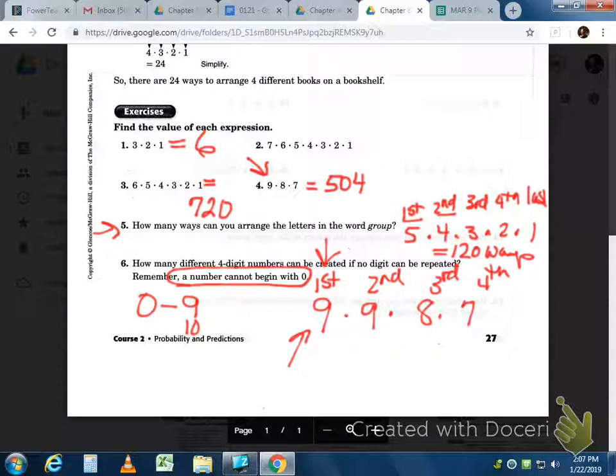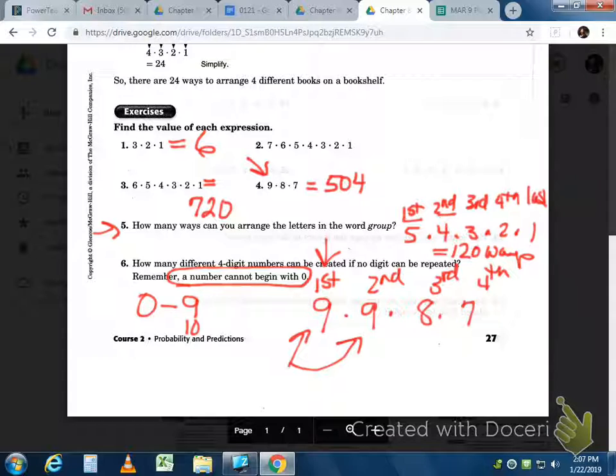And it is very unusual that you repeat those first 2 numbers. But do you understand why it's 9 twice? You really have to think about that, because you can't have 0 on the first one. That takes only 9 numbers, 1 through 9. The second one, the 0 could be used, but they've already used 1 up in the first spot, so it's